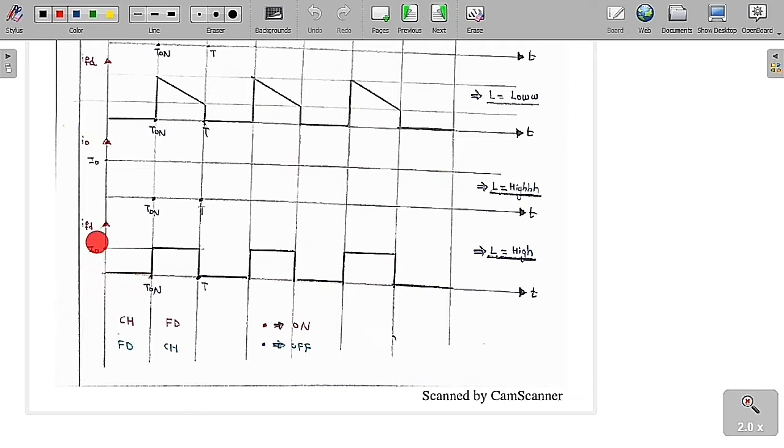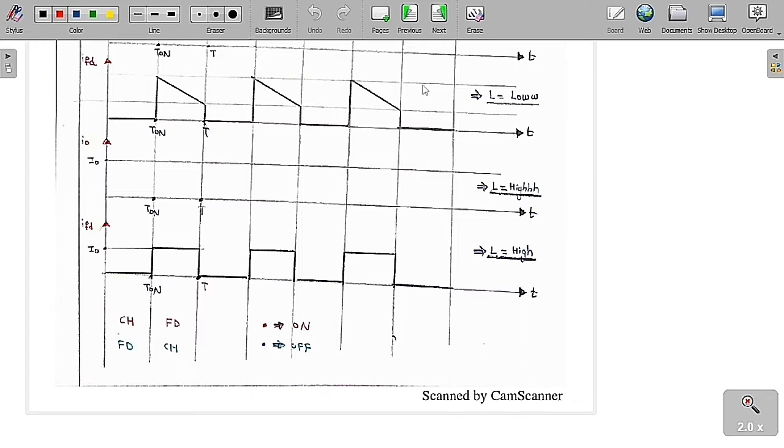Now I want to draw the freewheeling diode current. As I already told you, the freewheeling diode conducts only from T on to T, so in the remaining time it is off and its current is equal to 0. But from T on to T it is conducting, so whatever the output current is in this time period is the same as the freewheeling diode current. So this is the output current and the freewheeling diode current when the load inductance is very high,